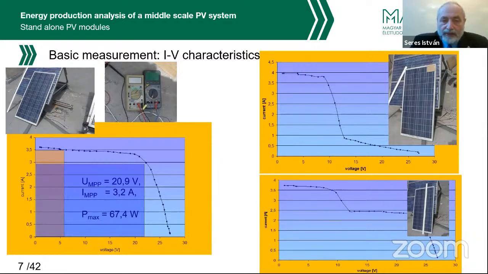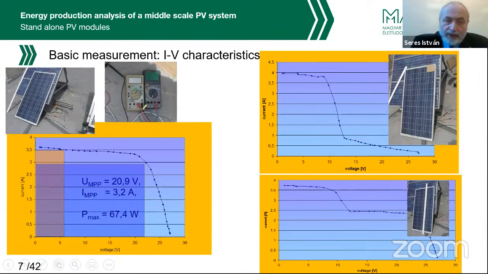Even in education, we have these measurements during the physics lectures, where the students have to measure the IV characteristics of the modules and calculate the maximum power that can be obtained from a given module. And we can show them why it is important not to shade the modules, because if we shade just one cell, for example, then the module power comes down very drastically. These figures show the effect of shading under different geometries.